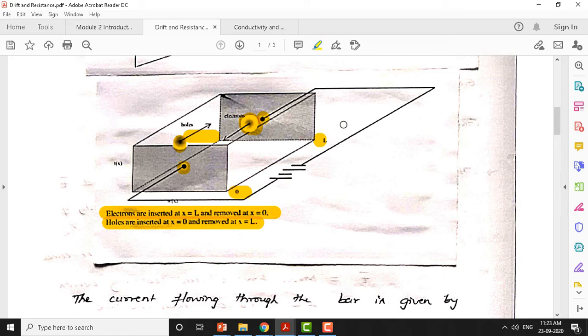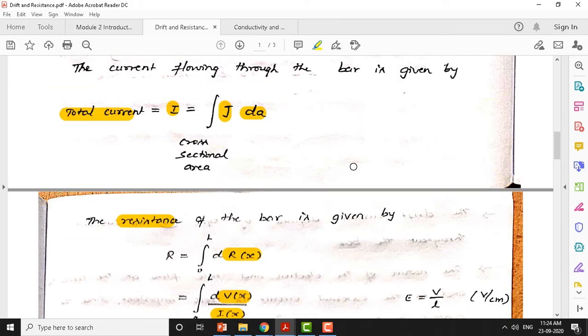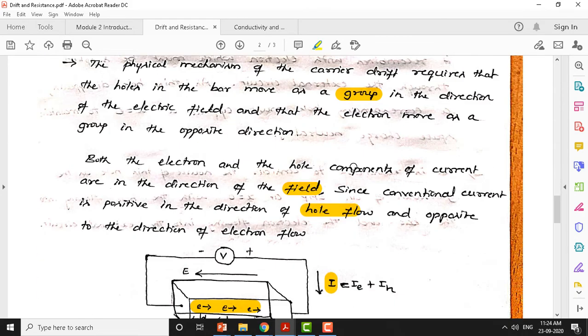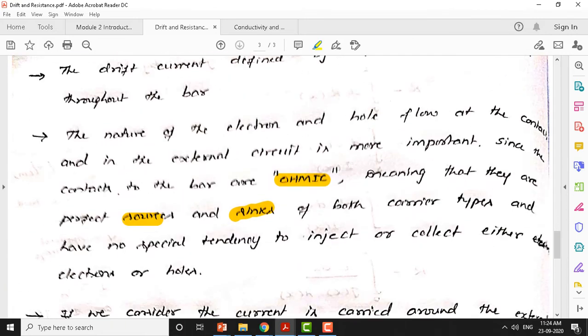That means the entering of electrons here and leaving here is going to be perfect. I mean the contact potential is perfectly ohmic, so there is no dissipation at the contact itself. That's the assumption we make here. The contacts used in this semiconductor bar are ohmic, with perfect sources and sinks. Sources push the charge carriers, and sinks accept the charge carriers.